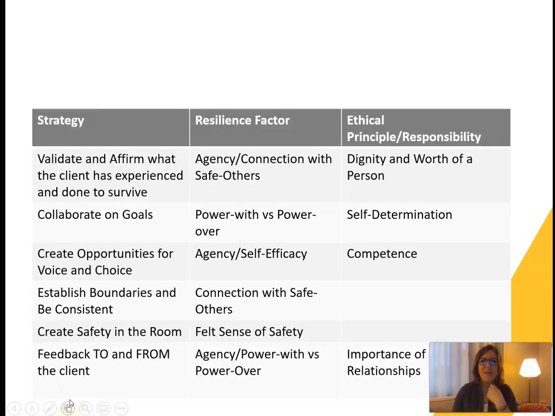This is just a little bit of a list of what strategies we can use, what resilience factors parallel that strategy, and then what ethical principles we have as social workers are connected to that resilience factor and that strategy. Honestly, these ethical principles over here, I use those a lot in every session. They really are a foundation for how I engage and interact with my clients, my foster families, and my biological parents